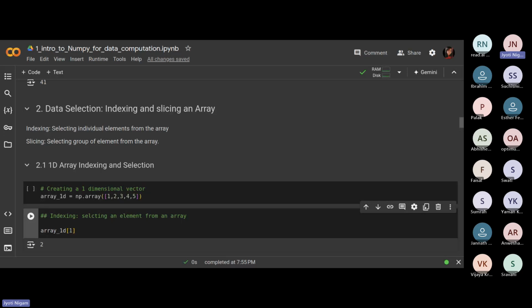So indexing is also widely required. Indexing and slicing are the most common and most widely used operations to perform data selection. So we'll start with how we index and do slicing in the 1D array, and then we'll move to the 2D array. So does anyone have any doubt till here,